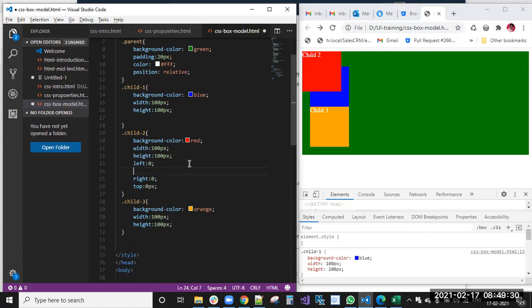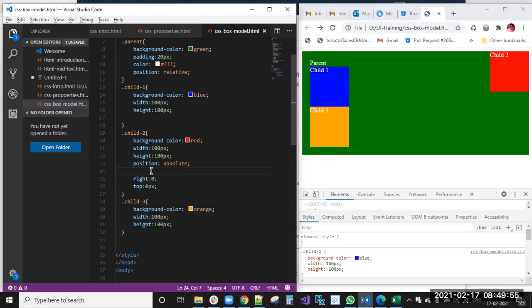Please follow that. So you want that element at the left, or this position absolute element at the right side. Now you can see, right side 0. Right 0, it moved to the right 0.